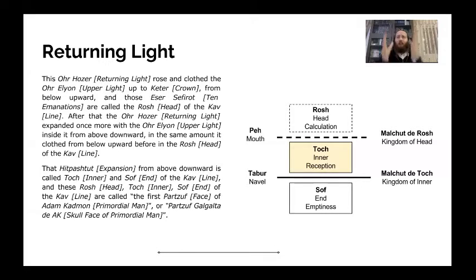So all these phases are coming from the creator, from the root, all the way down to your vessel. Your vessel has a screen on it. That screen is designed in Parzuf Galgalta to reject only phase 4, right? So what's going to happen is that the light is going to come in, and you're going to be rejecting anything that's phase 4. You're like, are you phase 4? Yes. So I'm rejecting you. Are you phase 4? No, I'm phase 3. You can come in. Right? You're like a bouncer at the club. And anyone who's phase 4, you're not allowing in.